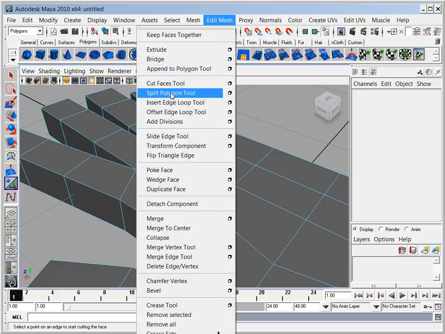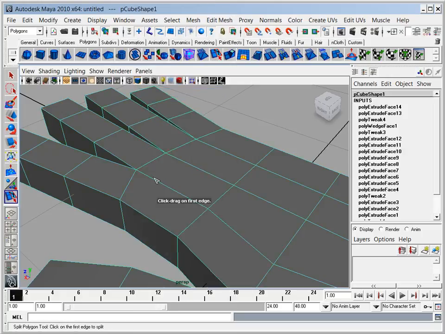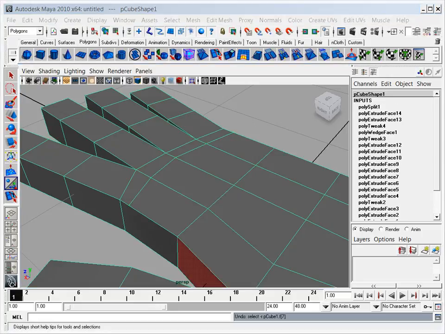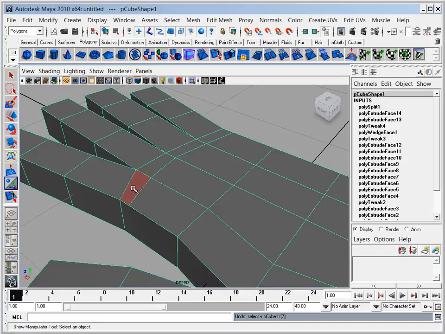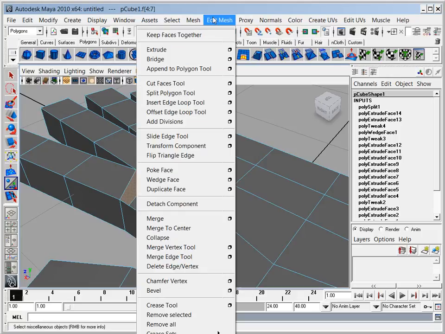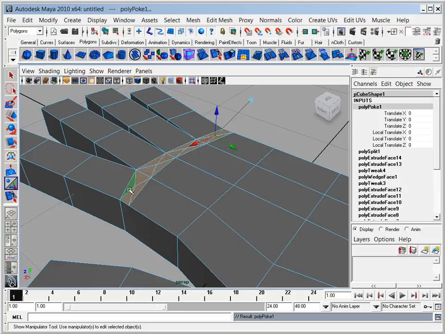I'm going to choose the split polygon tool, and then I'm going to draw by left clicking. Right, see, there's our 2 points, and then I'm going to continue all the way across, and then to complete it I'll hit the return key. So that puts the tool back on the shelf. Okay, then I'll select these faces here. So right click in face mode, and then shift click to get the faces selected, and then I'll choose edit mesh and then poke face, and then we've got our points. We can pull